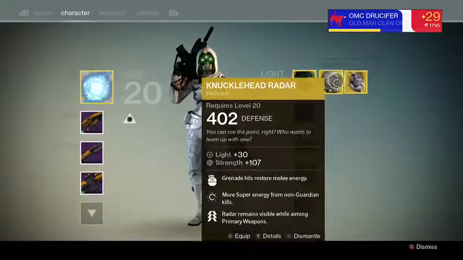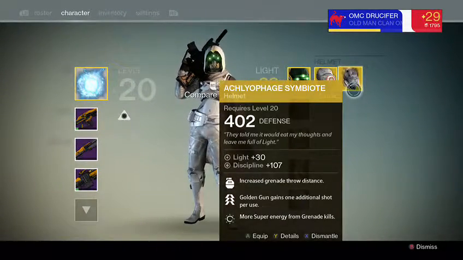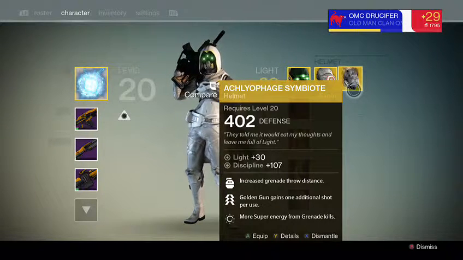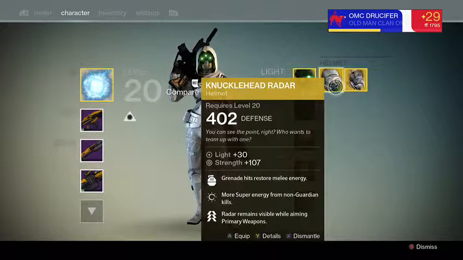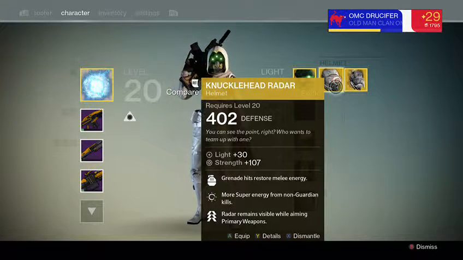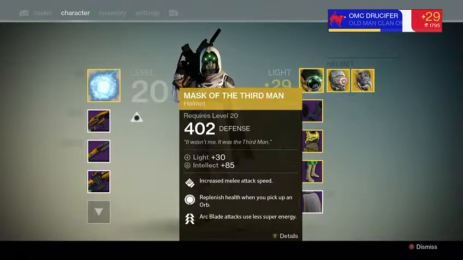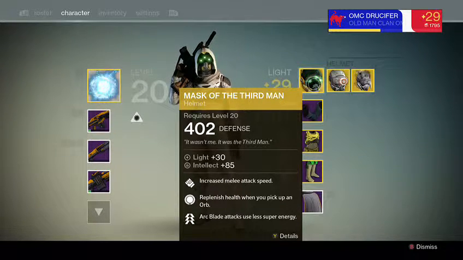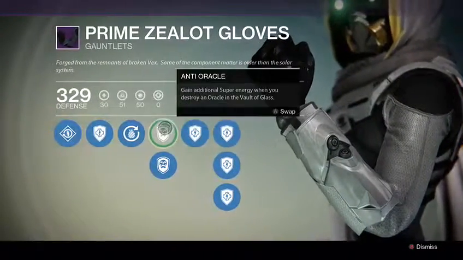And then, of course, I already mentioned that I had all these. They're all upgraded now. Aclephage Symbiote, that's the Hunter helmet for the Gunslinger class. Increased grenade throw, increased super from grenade kills. Golden Gun gains an additional shot. Knucklehead Radar, grenade hits restore melee energy, more super from non-guardian kills. Radar visible while aiming primary weapons. And then Mask of the Third Man, increased melee attack speed, replenished health when you pick up orbs, and Arc Blade uses less energy. And then, of course, the raid gloves that I got,